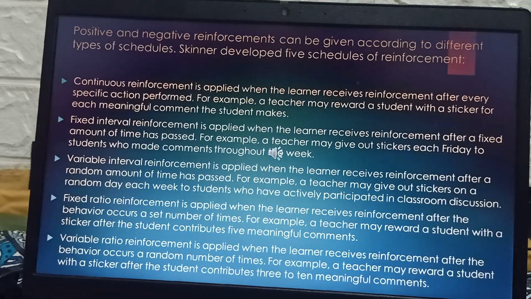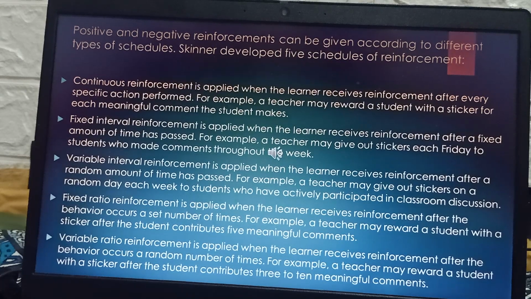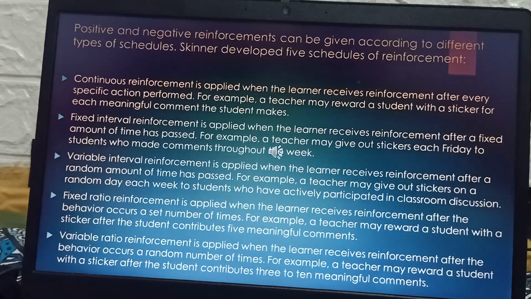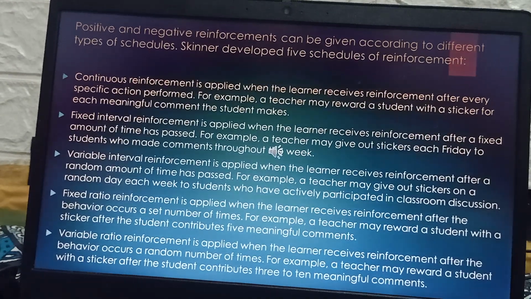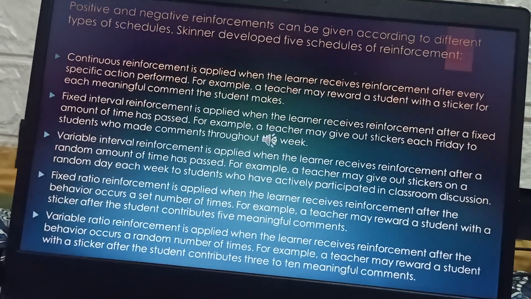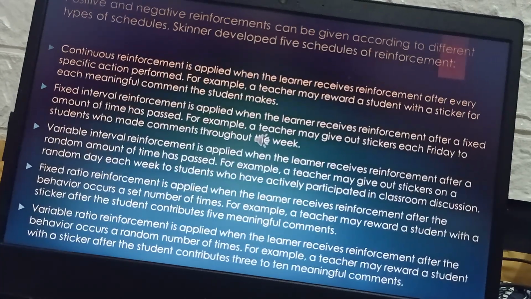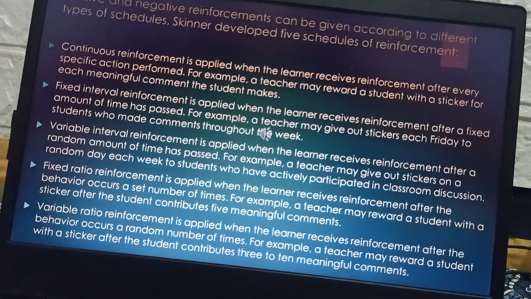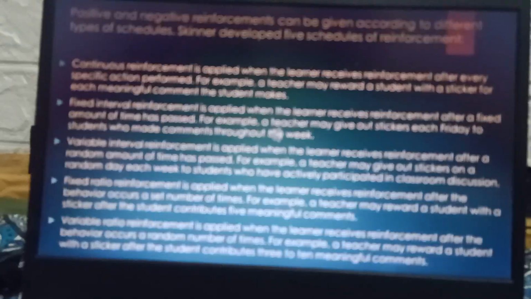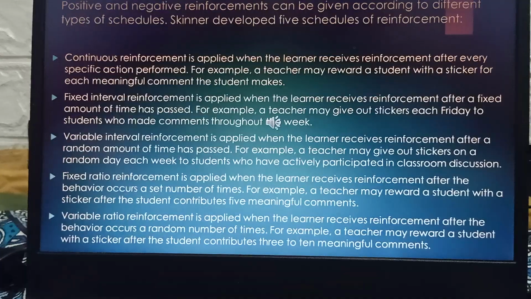Positive and negative reinforcements can be given according to different types of schedules. Skinner developed 5 schedules of reinforcement. So, first, continuous reinforcement is applied when the learner receives reinforcement after every specific action performed. For example, a teacher may reward a student with a sticker for each meaningful comment the student